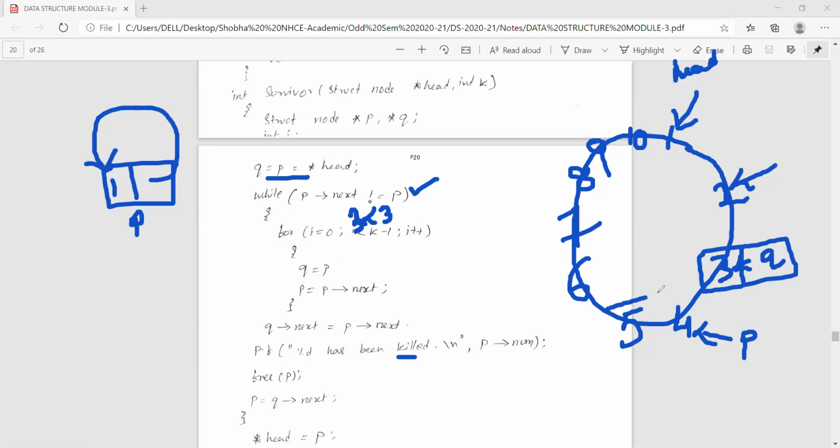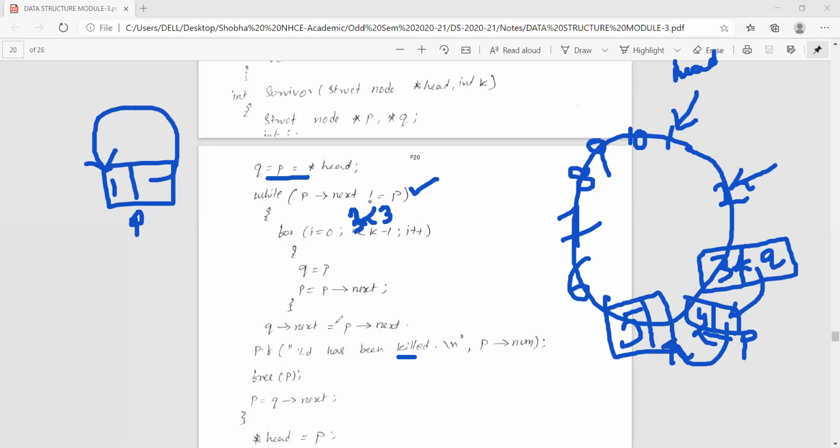I'll just try to show you with an example. It will be stored in the form of a linked list, right? So previously 3 is pointing to 4, 4 is pointing to 5. Once you are coming out of the loop, Q's next is 4.